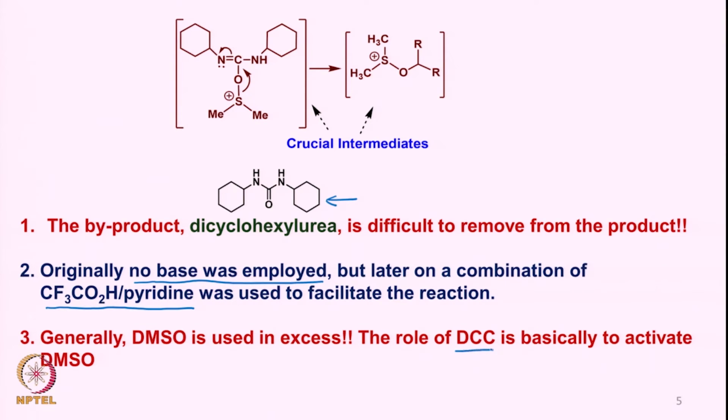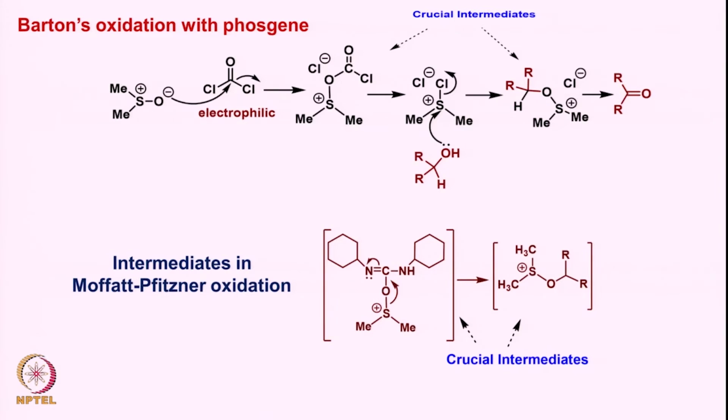So the DCC activates the DMSO, forming an intermediate of this type where E is a part of the dicyclohexyl carbodiimide, and therefore you have a positive charge here. This is actually the role of DMSO. The oxygen of the DMSO gets activated by the DCC, and then your alcohol attacks this carbon, and this goes as a leaving group. We will look at these intermediates a little more carefully,